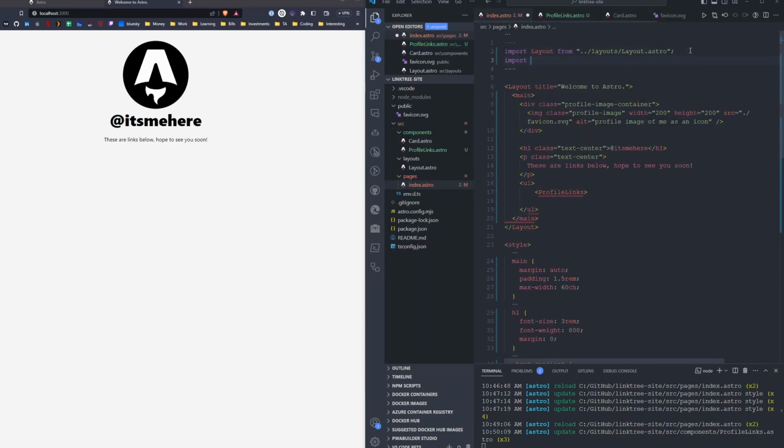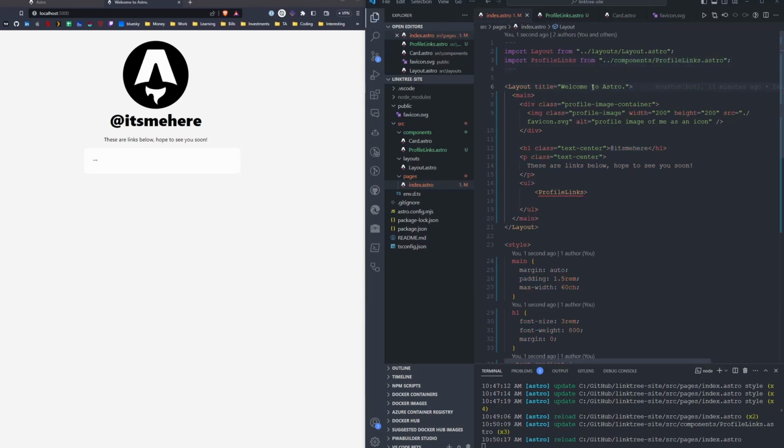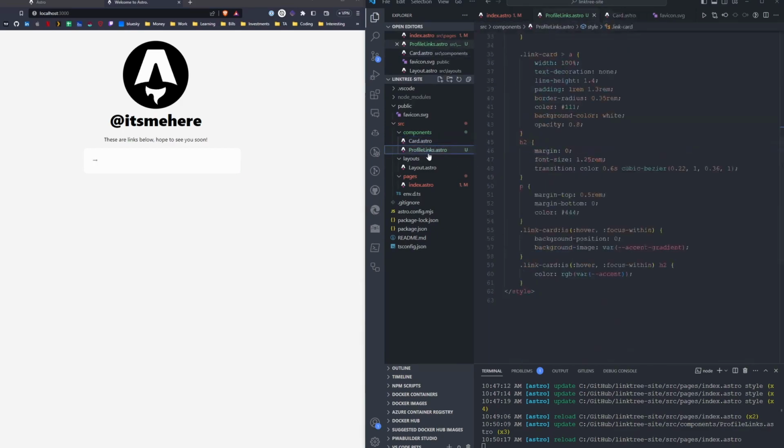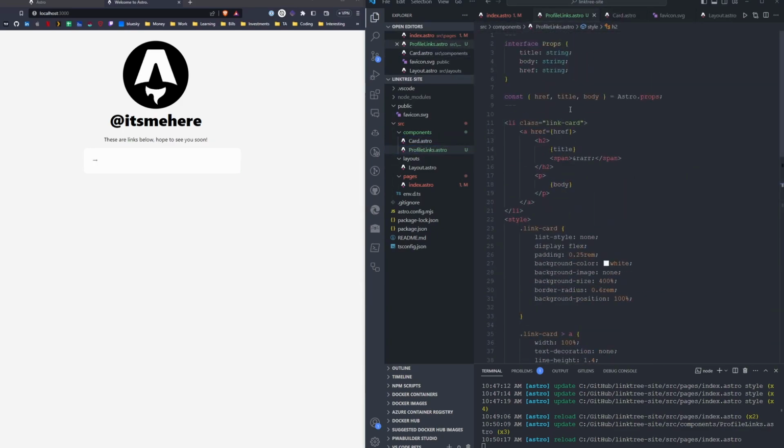And I'm going to import profile links from components profile links.astro. Here we'll see one already. So what I'm doing is copying the card component, card.astro, to the profile links.astro. We're going to clean it up a little bit, but this provides us with the framework that we need up here for the title, body, and link, and access to those props, and just a regular linked list